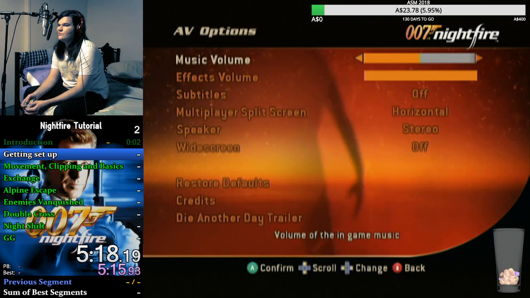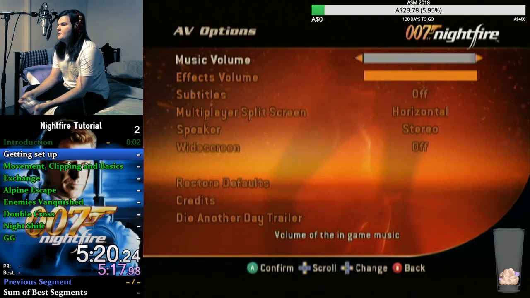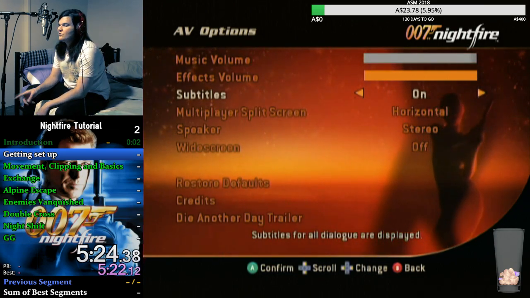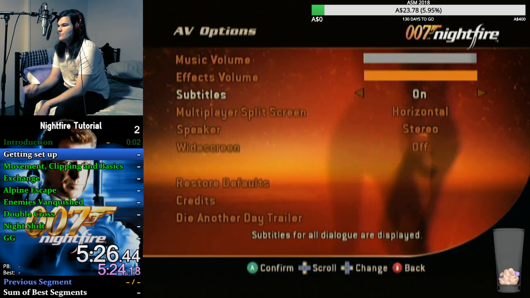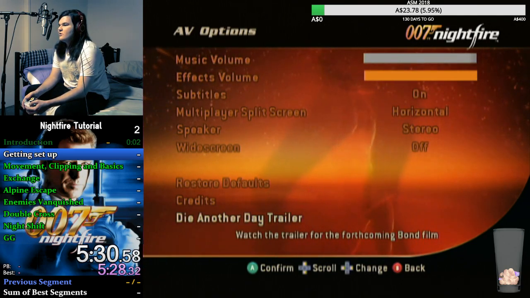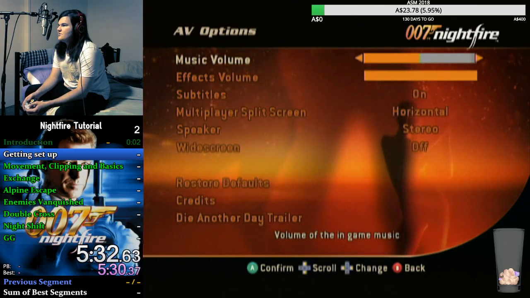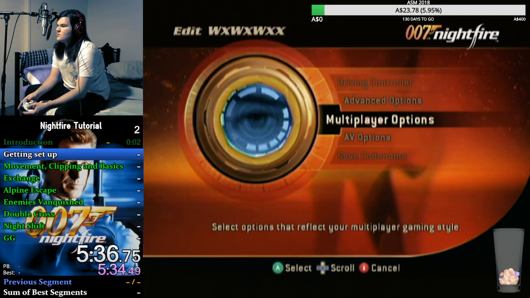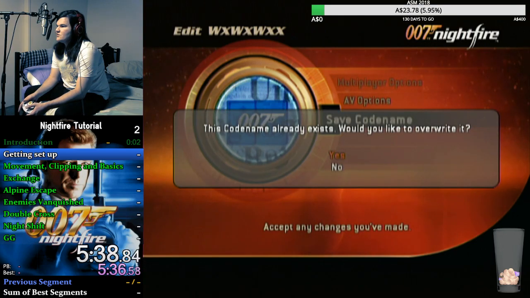AV options. You can play with the music off if you want. I do. You're definitely going to want to turn subtitles on though, because there's one audio cue at the end of the game that you need to be watching for. But for the purpose of this tutorial, since I'm not listening to music right now, I'm going to leave the in-game music on. So this is how you would set it up, and then you would go save codename,